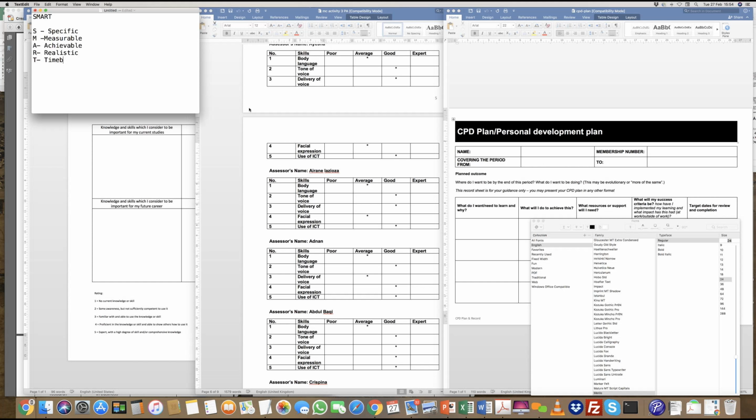Now, you will hear this term time and again when you work within an organization, even when you study in courses at level 4, 5. Your teachers, your tutors, your boss, whatever place of work you work in, they will always ask you to set SMART objectives. SMART objectives are objectives which are specific,